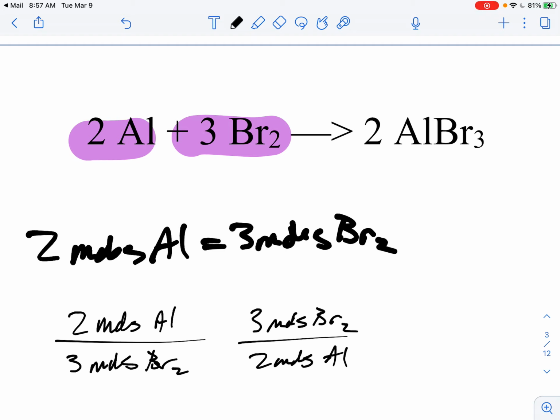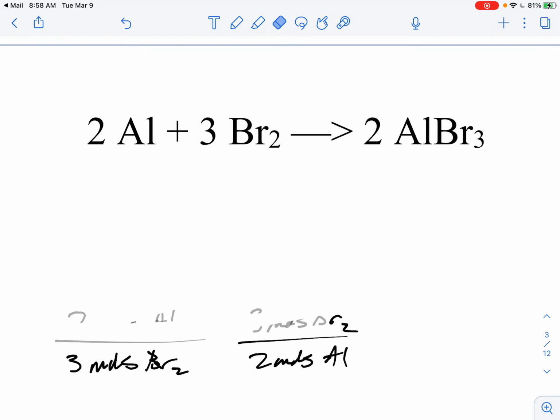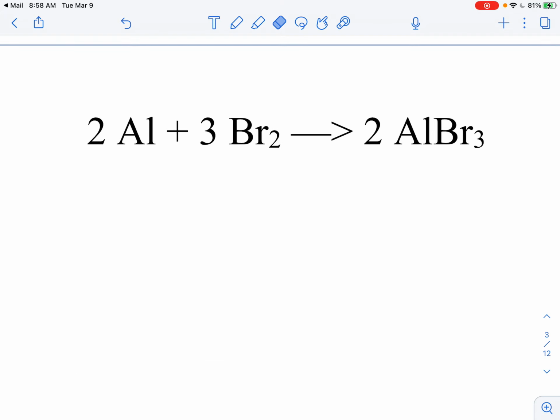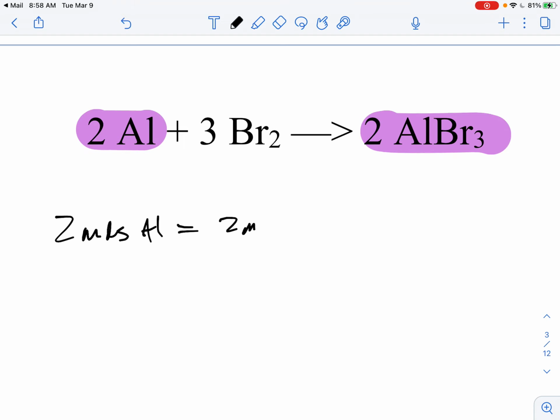Because remember, in a problem, you only ever care about 2 things. Well, let's just say that that's not what I'm interested in. Let's say that instead what I'm interested in is these 2 things. What if I'm interested in aluminum and aluminum bromide? Well, if that's the case, then I would have 2 moles of aluminum equals 2 moles of aluminum bromide,